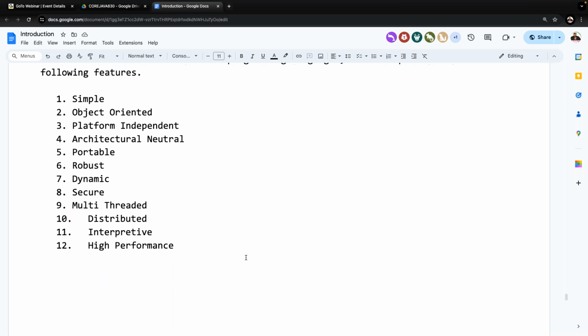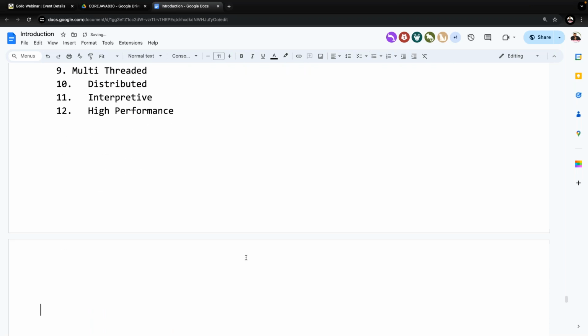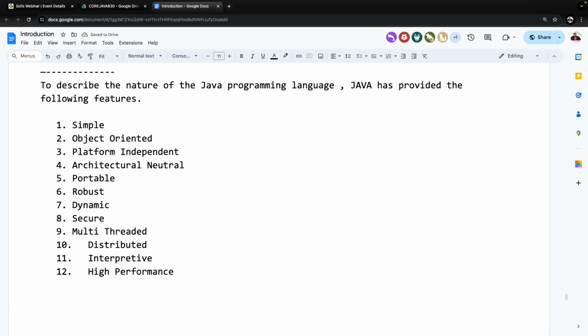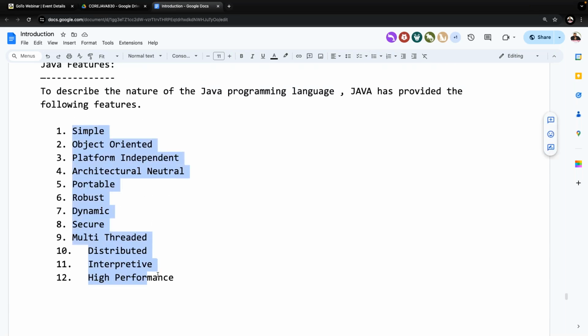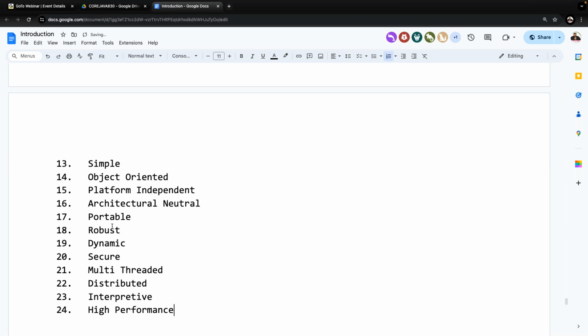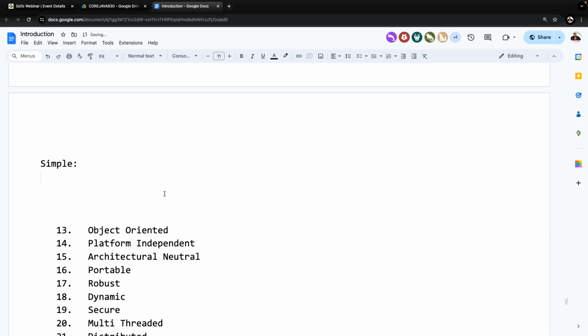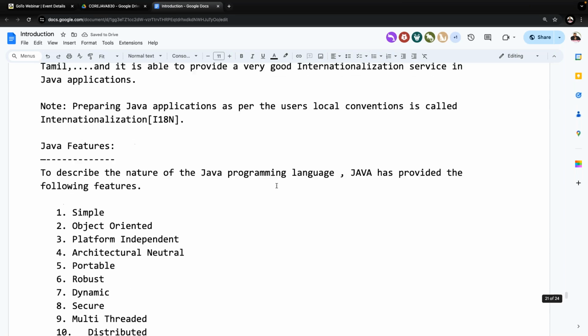Observe carefully after this. Our job here is understanding each and every feature clearly. At least one or 2 points about these things we are going to understand. Some features are already availed by you and some other features are not, whatever it may be. Our job is understanding each and every feature. Now let's move on to the simple programming language. How is Java a simple programming language? How can you say Java is a simple programming language?